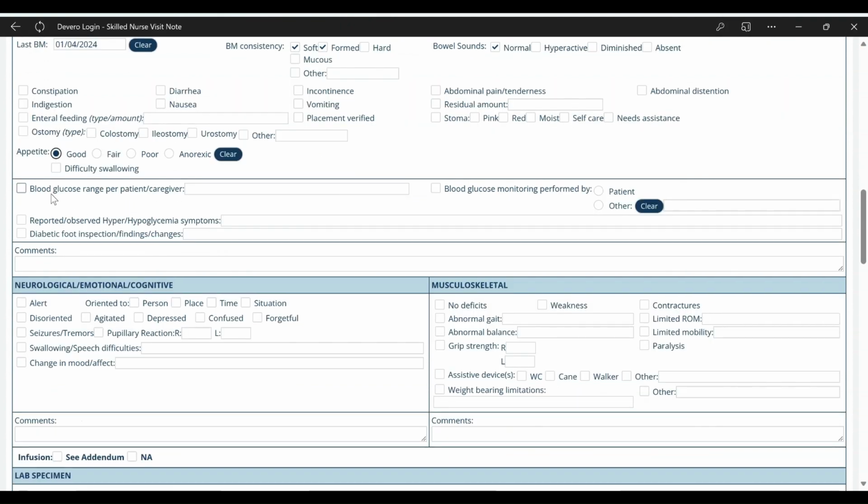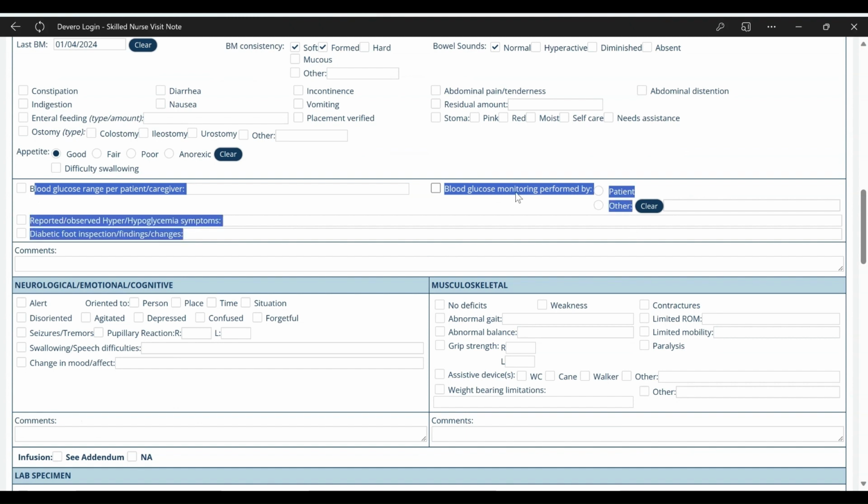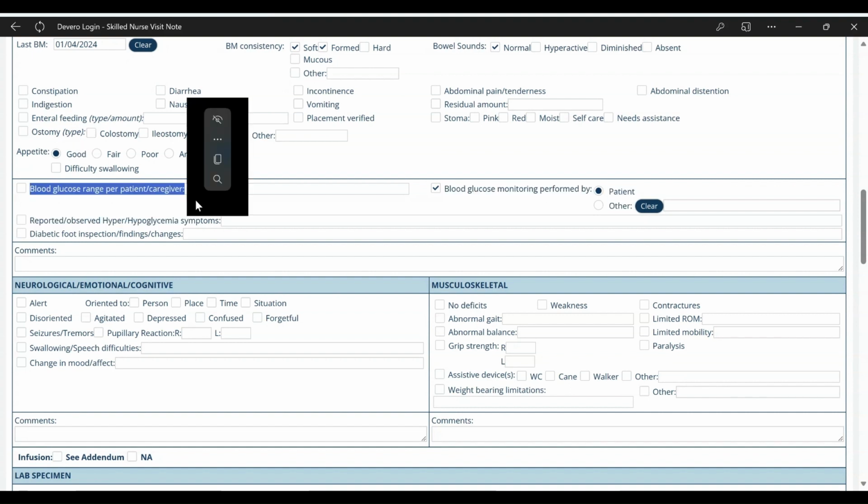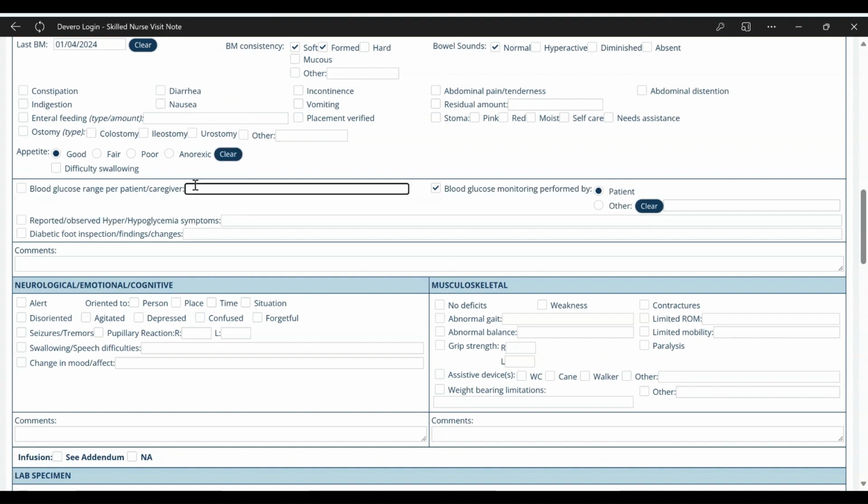This next section is for diabetics, the small box here. If they are checking their blood sugar, you can just note that here. I usually say the range only really needs to be done once a week. So if you're doing a full assessment, maybe their range was 150 to 120. You got that from the visits, or you got report from nurses and knew that was the range. But again, I really only require the ranges once a week. Have they reported or observed hyper- or hypoglycemic symptoms? Again, this is really something